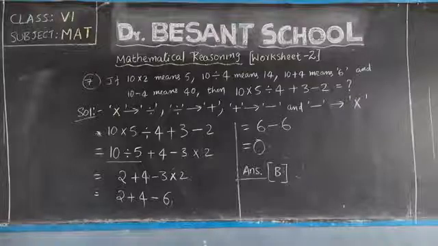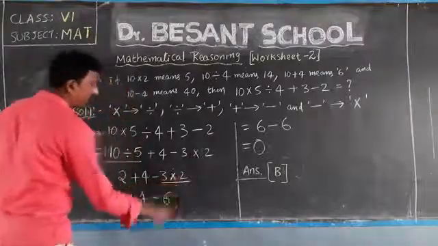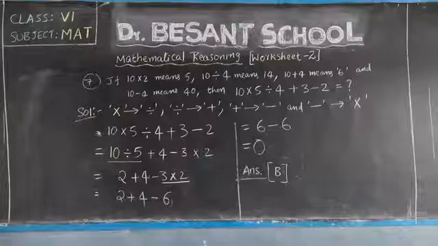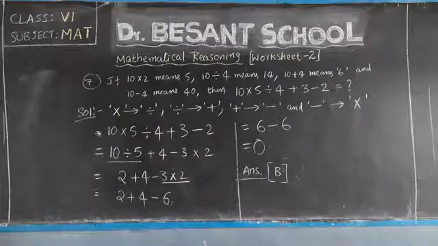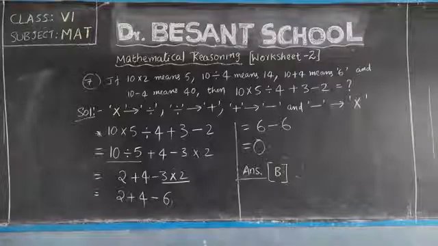So division is to be done first. We all know 10 divided by 5 is equal to 2. So I wrote 2 there. Remaining you can write as it is. Then here you have addition, subtraction and multiplication. So multiplication needs to be done first. 3 twos are how much? 6. So ultimately you obtain 2 plus 4 minus 6. And then addition, subtraction are there. So we perform addition first. 2 plus 4 is 6. 6 minus 6 is 0. Okay. So when checking our options, it comes under option B.